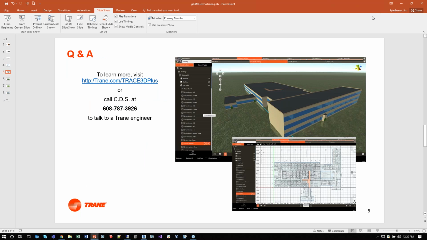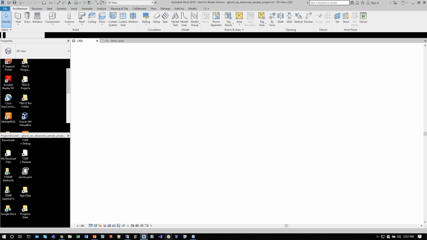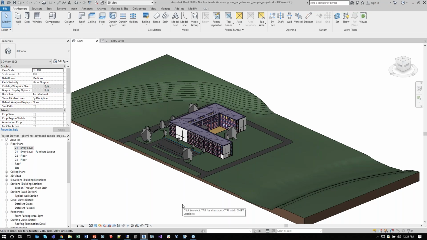So with that, I'd like to jump into the demonstration. This file that you see is one that ships with Revit. And my coworker Joshua went through and followed the steps in that guide that he wrote for working with Revit files and getting them to import into Trace. I don't really have time in this demo to demonstrate all the steps,